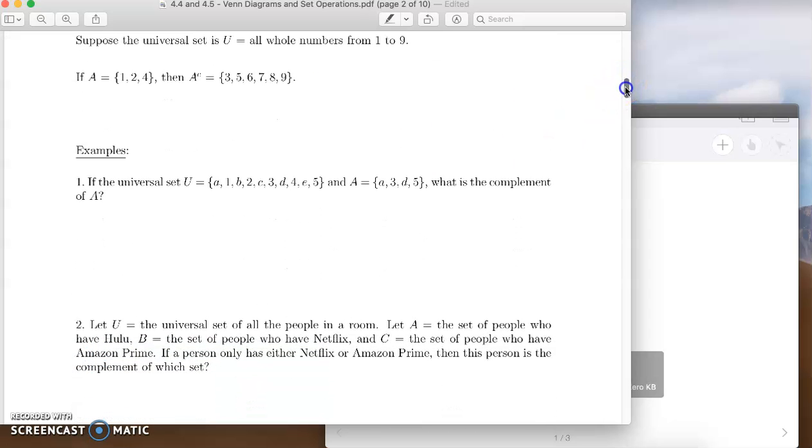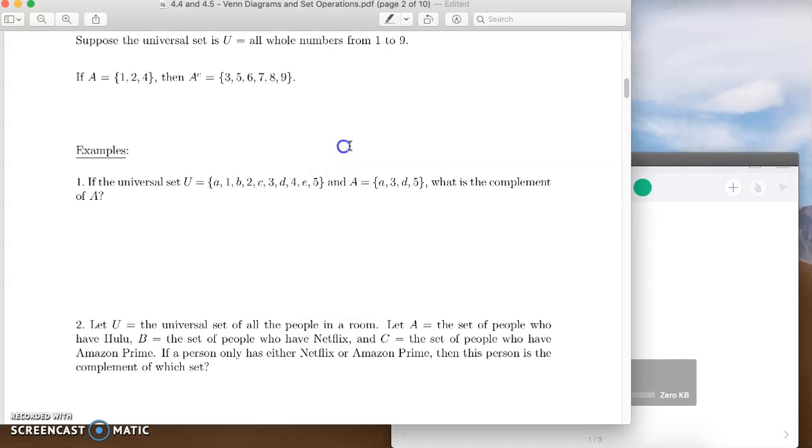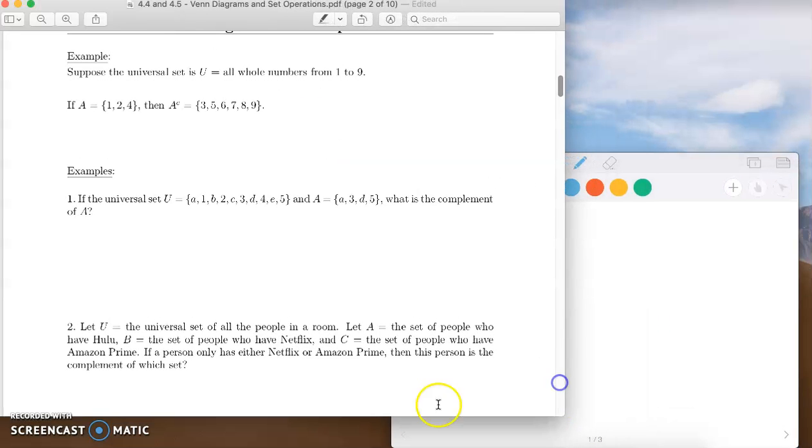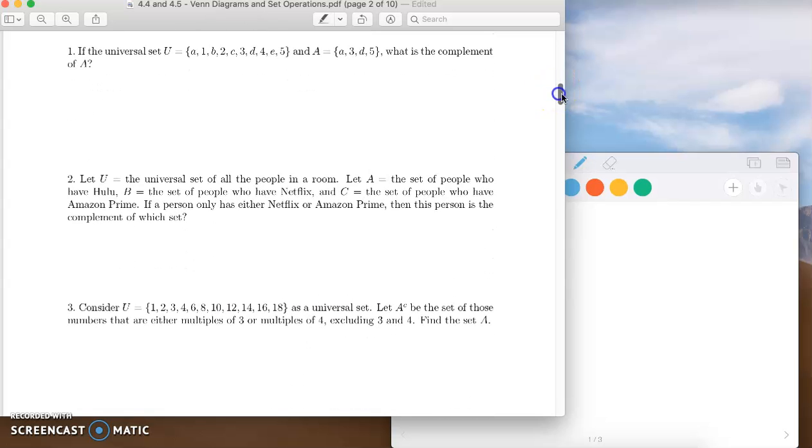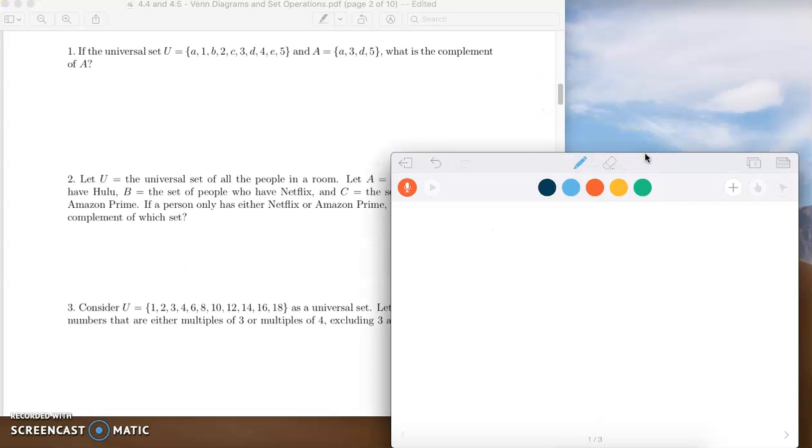Here's an example. If the universal set U is equal to a, 1, b, 2, c, 3, d, 4, e, and 5, and A equals a, 3, d, 5, what is the complement? Well, let's take a look. See if I can make this so we can see them together. There we go. So the complement, remember that's notated A^C, would equal, so let's see,